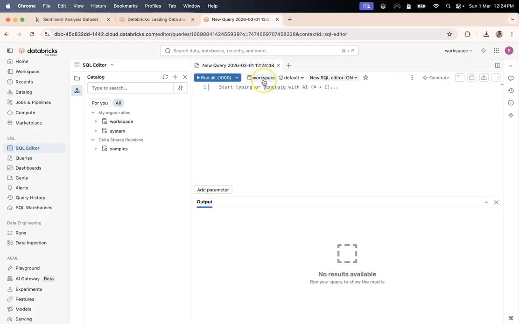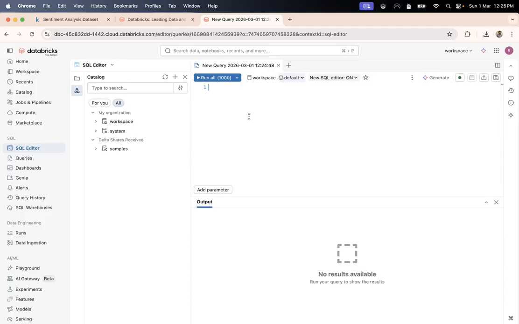You see, it has automatically detected that I will be using workspace and default. If let's say you have to use some other catalog, you click on it and you select the relevant catalog that you want to use. And after selecting the catalog, you would like to select the schema, right? So that in this SQL editor, all those tables which are there within that schema are present for you.